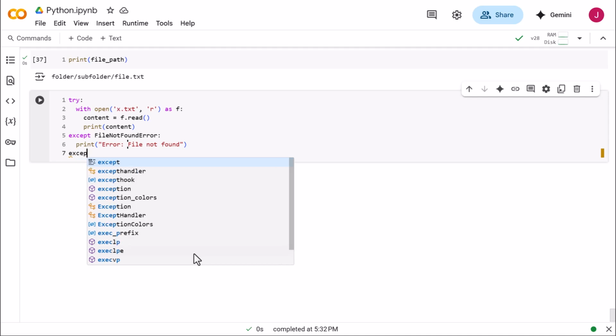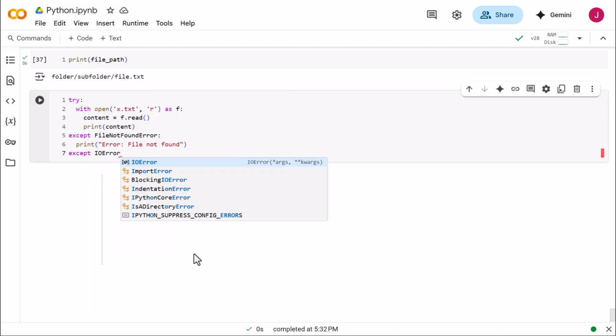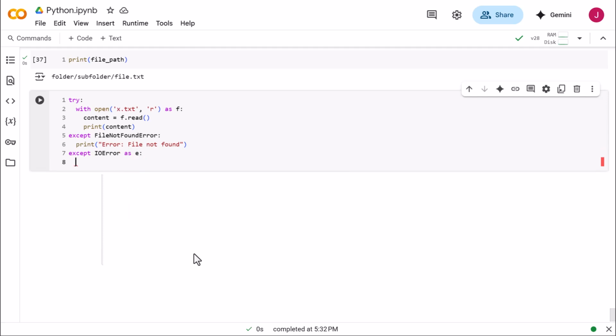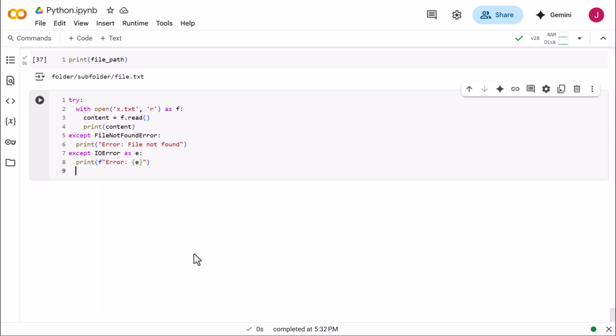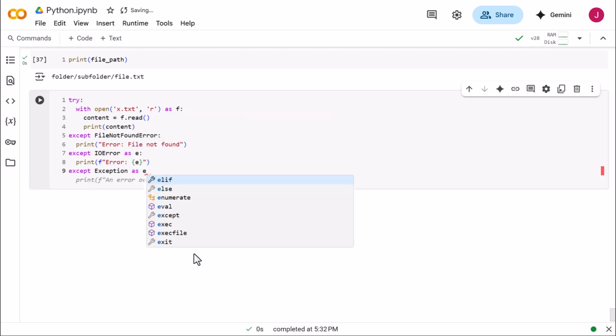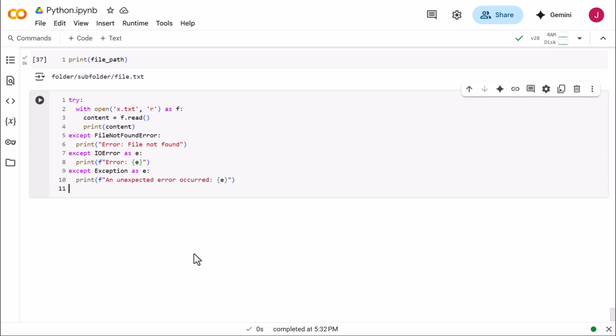right? If there is IOError, input output error as e, then you can print here IO error. If there is some exception as e, then we will print this error. Otherwise, print file read successfully. And finally, print operation, for example,